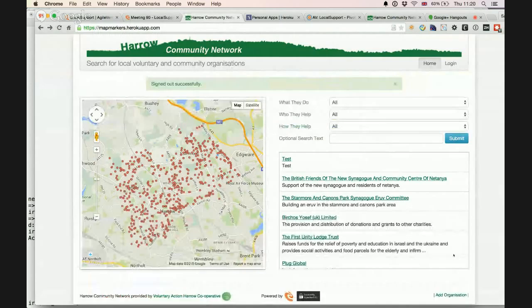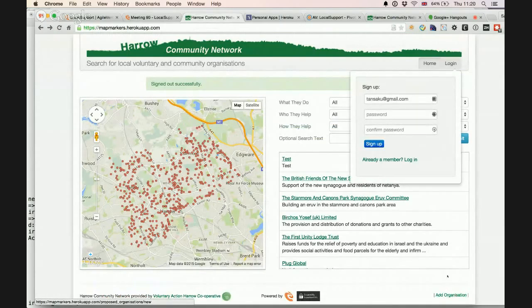In the not-logged-in state, if you click the add organization button, it automatically pops up the sign up form. Similarly if you click the this is my organization button. Michael wanted to check that this workflow seemed reasonable to you: if you weren't logged in and you click add organization, taking you to the sign up form like this is the right thing to do.